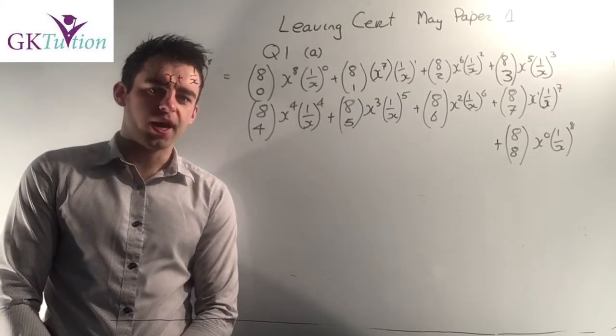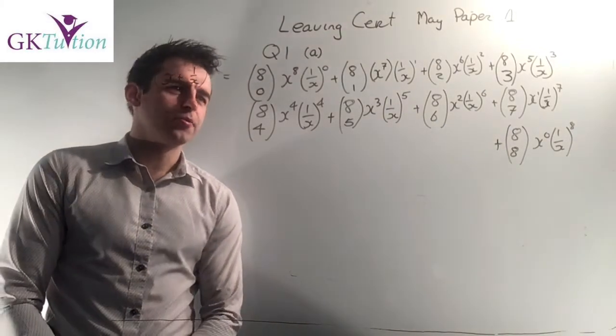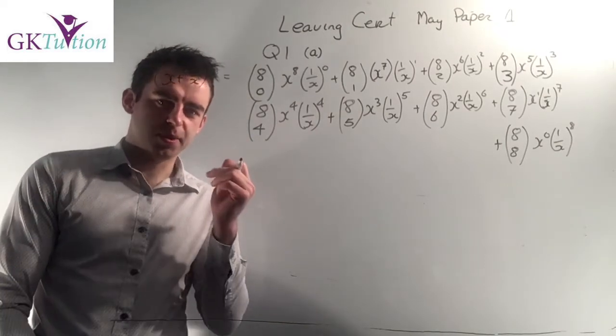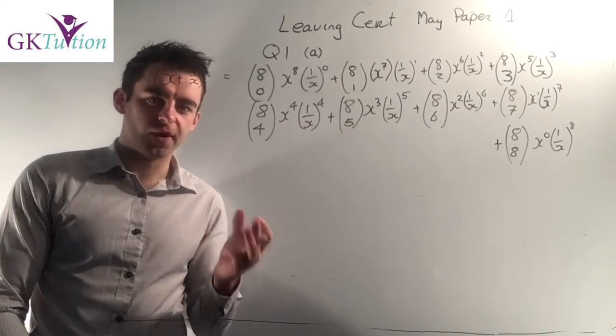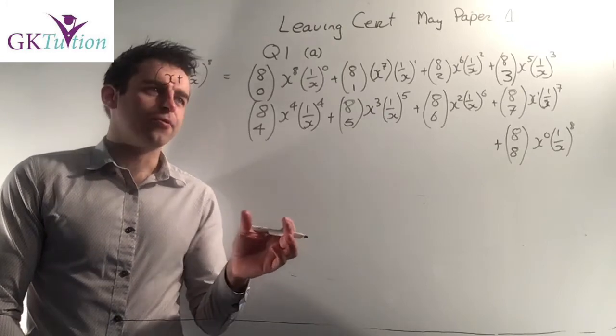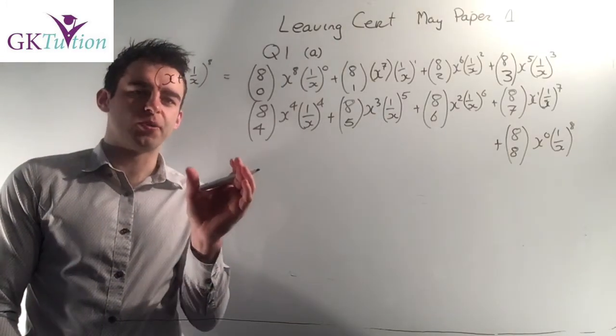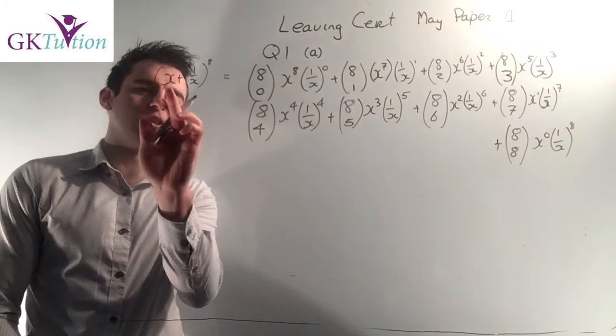Okay, so the first question you had here was algebra. The first part of the question we have 10 marks. The next part there's 10 marks for the long division and then 5 marks for the last bit. In the first part here it says find the expression independent of x in the expansion of x plus 1